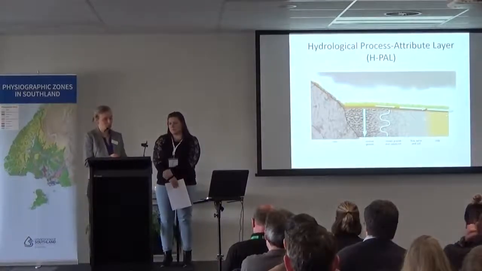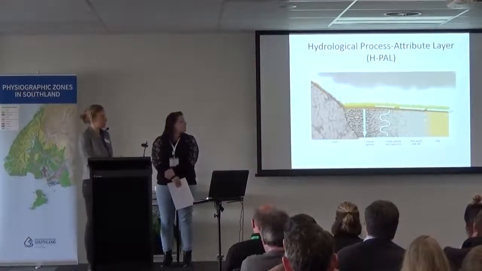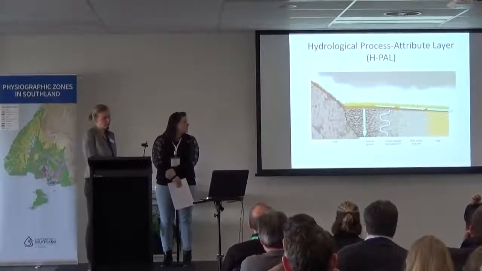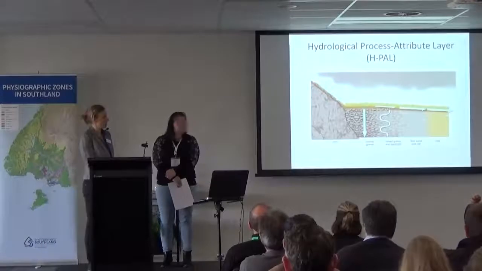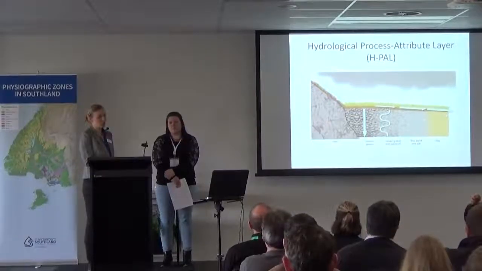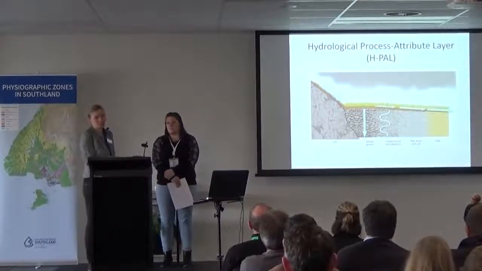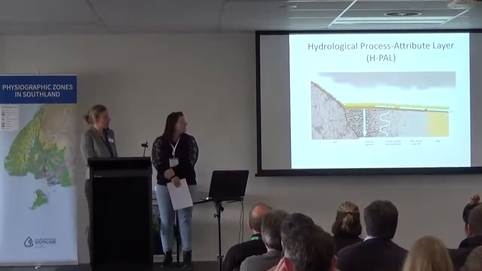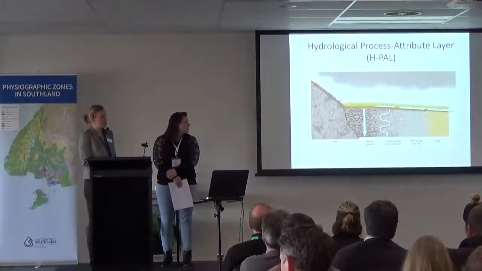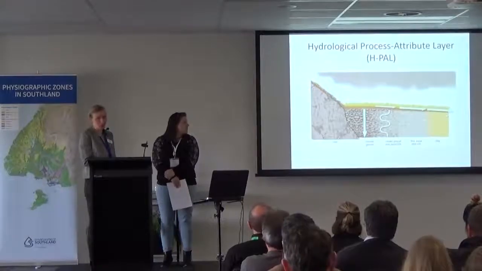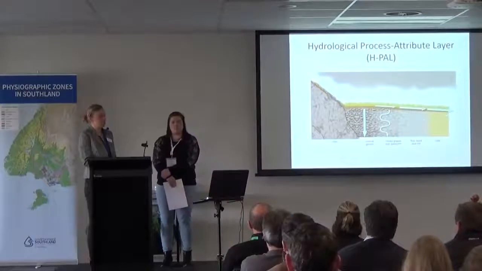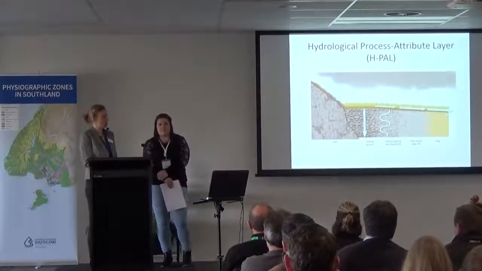To map the hydrological process layer, just as an example here, we're showing the gradient in subsurface drainage and permeability. On one end of your spectrum, you have your hard rock, where you don't really get any permeability into the subsurface, except if you have cracks. So you get a lot of overland flow or lateral flow. It's very different to your coarse gravels, which have a high permeability, so you get a lot of deep drainage. At the other end of the spectrum, your clays are less permeable, so you get less deep drainage, but a lot of